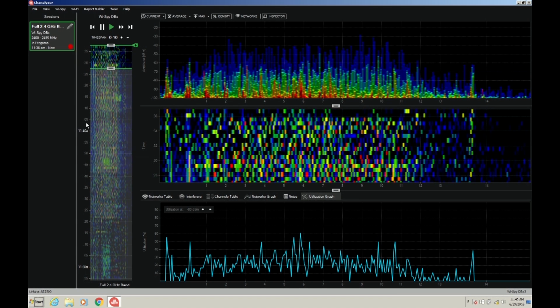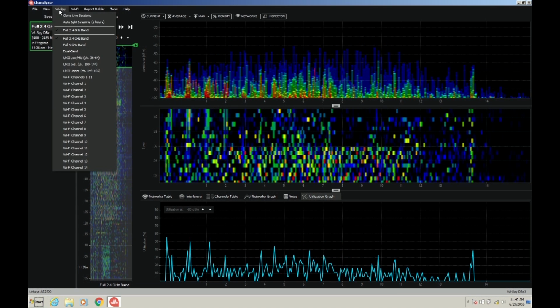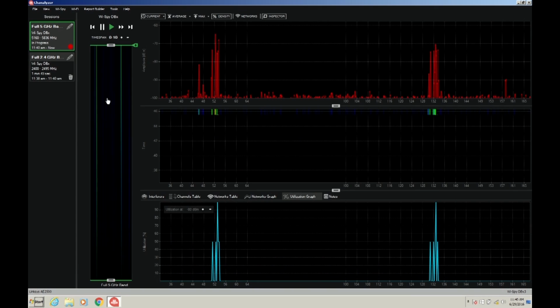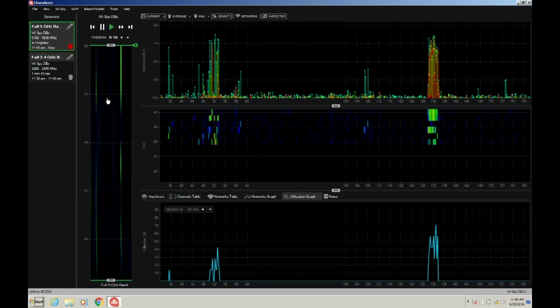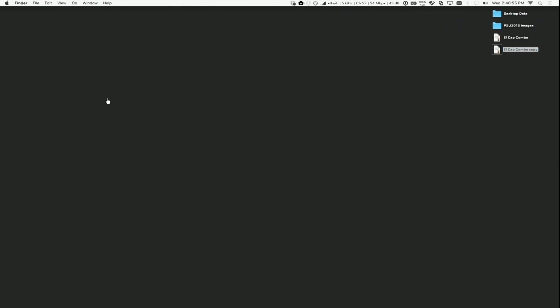And then here's what I'd like you to do. Let's take a look at the 5 gigahertz band instead and see how busy we are in the 5 gigahertz band. And then what I would like to do is